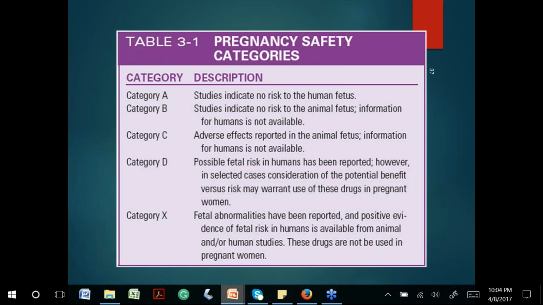In NCLEX, they are going to ask you about X. X is they can surely produce fetal abnormalities. For example, valproic acid, lithium, excess of vitamin A. We have many of these. They can be